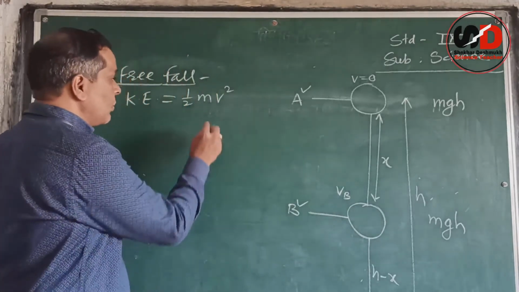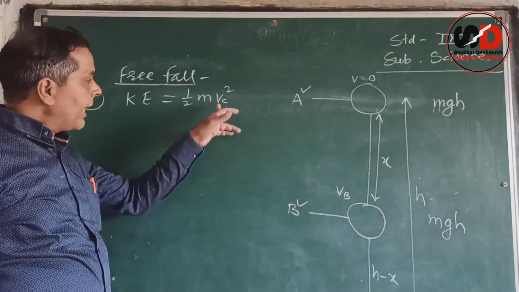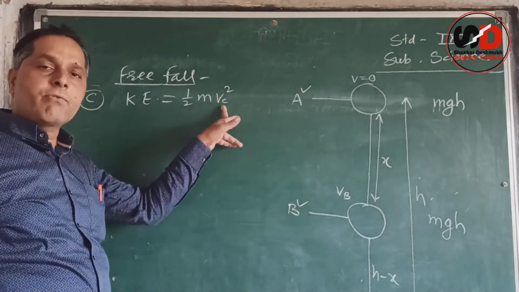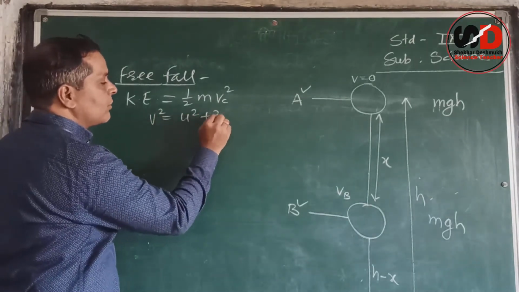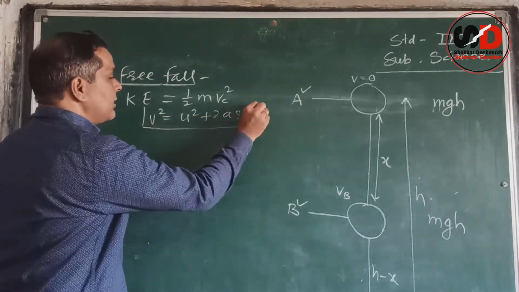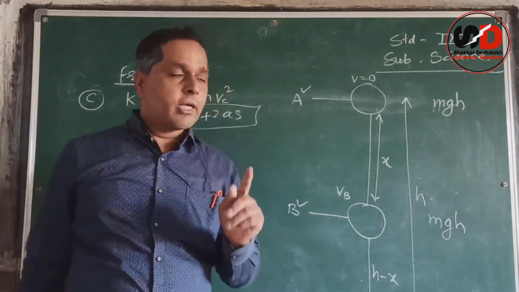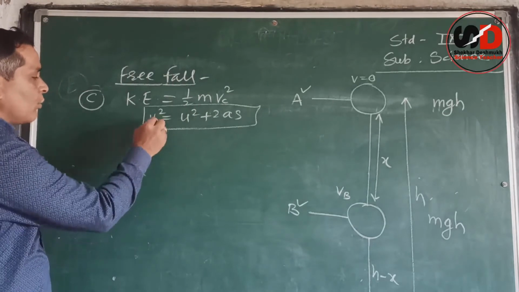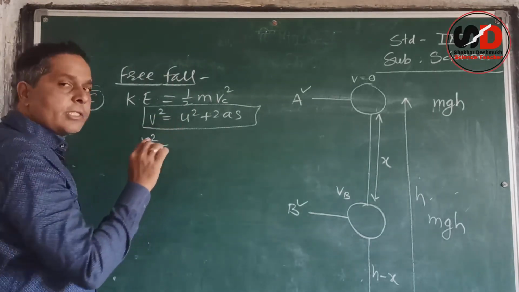So kinetic energy is half m vc square. Calculate the value of vc again from the same equation, v square is equal to u square plus 2as, Newton's third equation of motion. So vc square, with initial velocity 0,